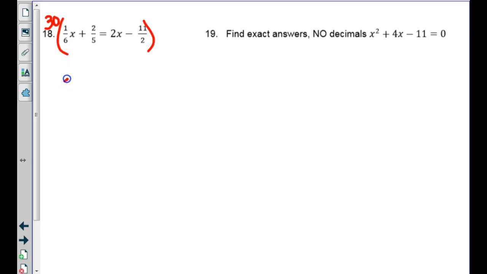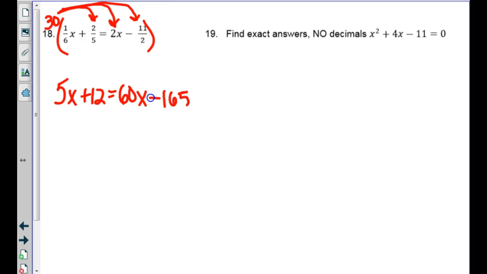30 times 1 divided by 6 is 5, and that one has an x. 30 times 2 divided by 5 is 12. 30 times 2x, don't forget that one. And 30 times 11 divided by 2, 165. That's minus. All right. If we add 165 and subtract 5x,